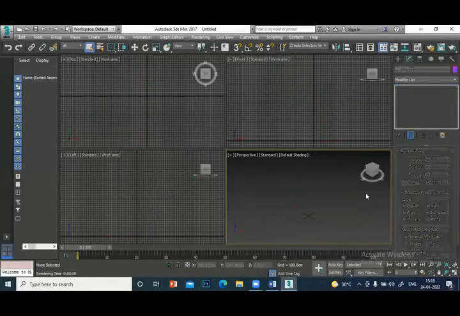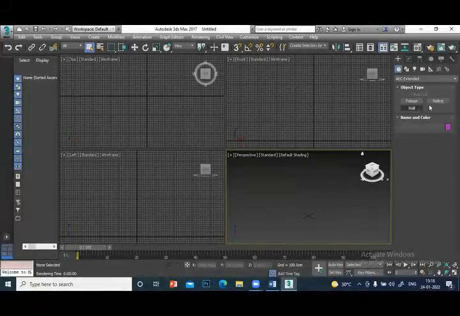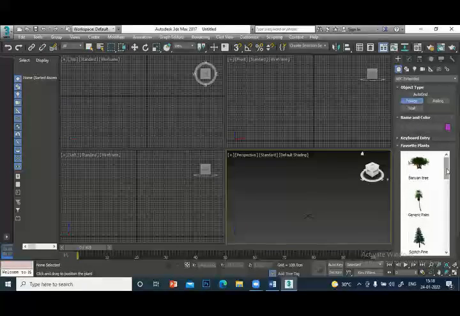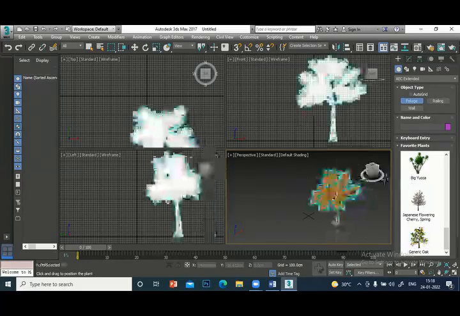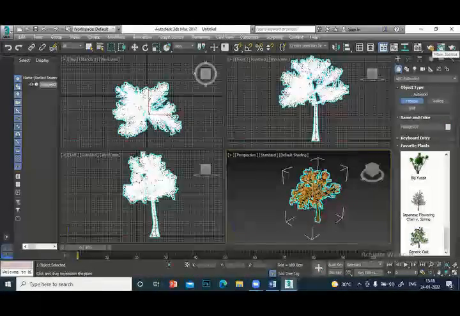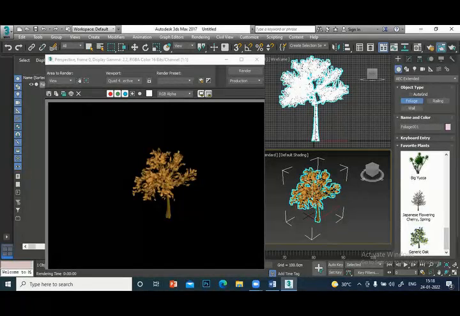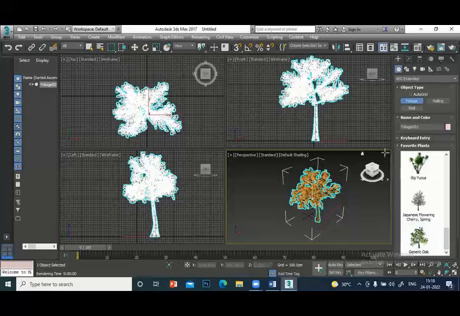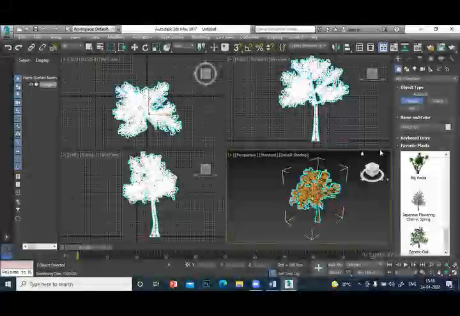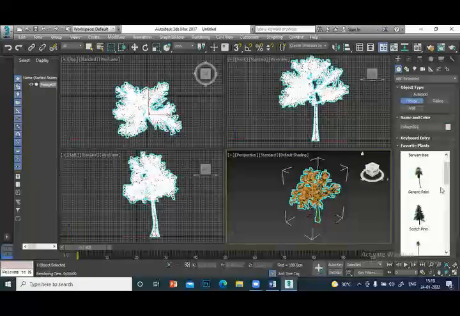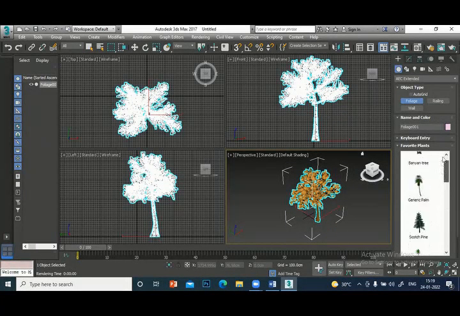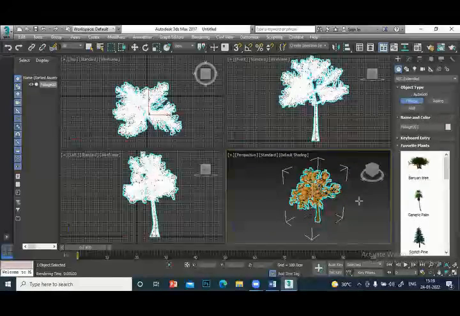Delete. Foliage. Another model. Another model. See, you can change the color and everything later. You can use the material editor and we can change the color. I will show you later. We have not learned that material editor. Only these limited trees are there. You can use it if you want. This is foliage.